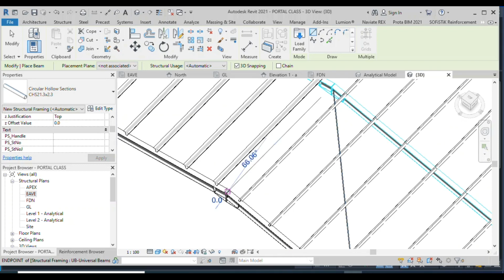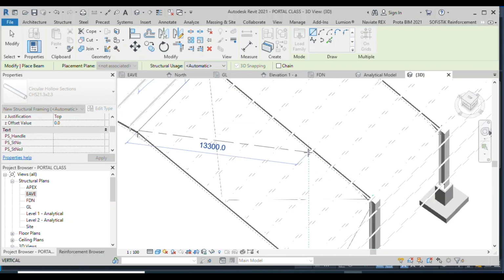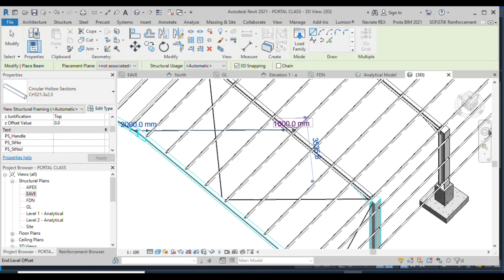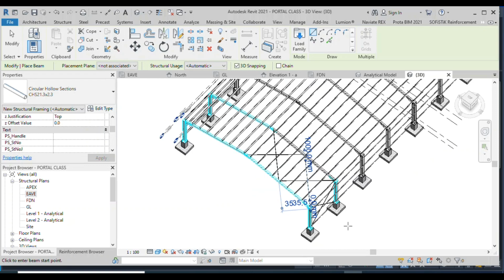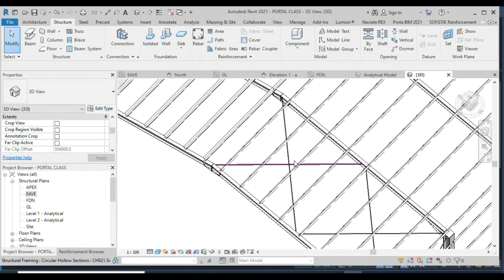Okay, center. Yeah. Center, escape once, pick center. Okay, we can mirror this, select